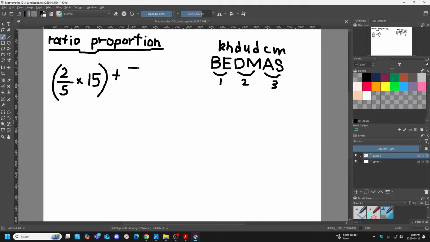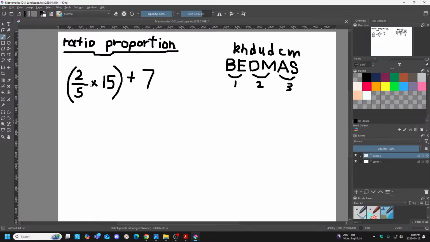Okay, remember guys, imagine the plus sign is a fence, right? Separate it. Left side, this is neighbor 1, this is neighbor 2. First you have to talk to neighbor 1 before you can talk to neighbor 2. All right. Same thing, guys. 15 is a numerator.